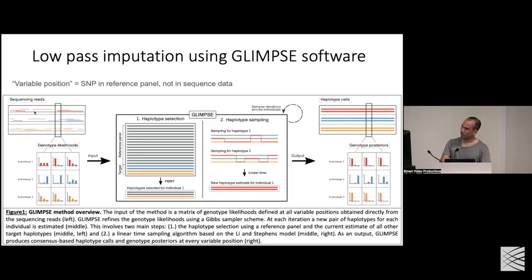This is kind of the schematic that you can look at, and I think it provides a nice, easy kind of detail. You go, here's what your low pass whole genome looks like, all sorts of gaps everywhere, right? And what we're trying to do is we're looking at, say, in the reference panel, there's SNPs all across here. Sometimes there's 2 reads, sometimes there's 1 read, sometimes there's 0 reads. If there's 0 reads, your prior is probably pretty equal. It could be a het, could be a hom alt, but if you have a couple reads, you can adjust those priors,